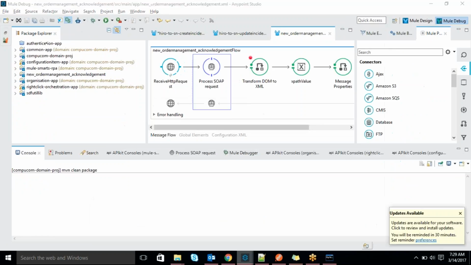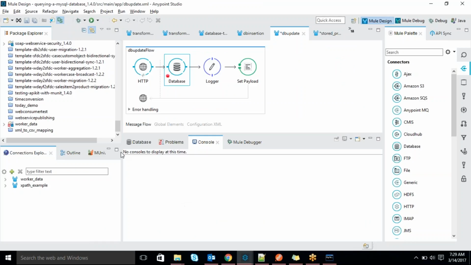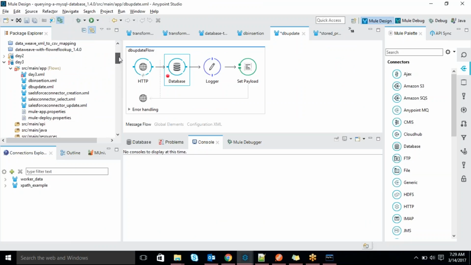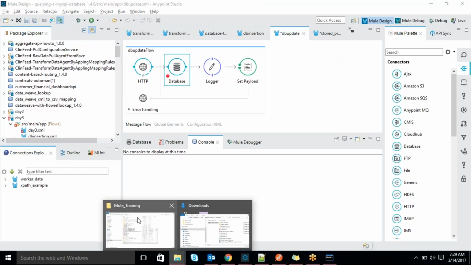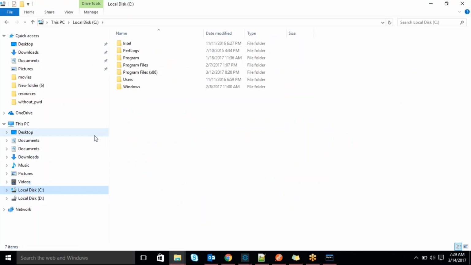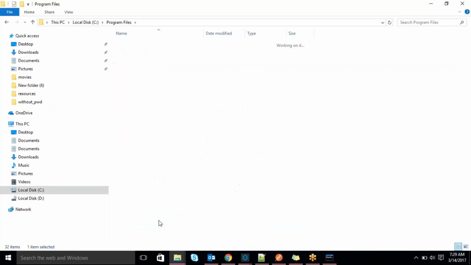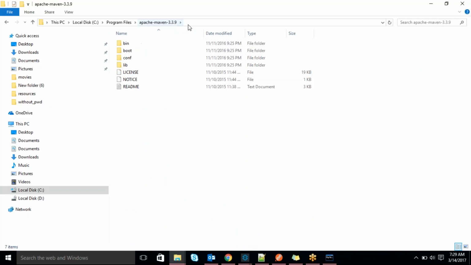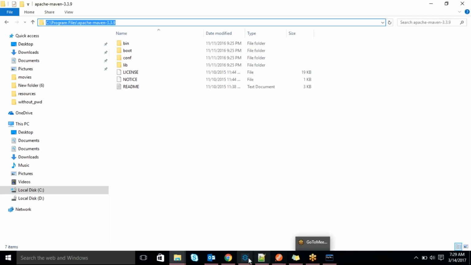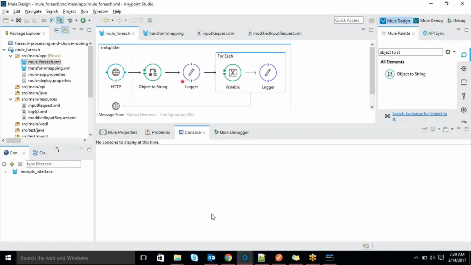I'm trying to run Maven, but I could not run it. I don't know why different types of error exceptions come when I try in a different project. Did you install Maven? Did you configure Maven? I have downloaded Maven and given a path, but I'm not able to synchronize it. Okay, so the first step is we have to give the path of Maven. Whatever you told is correct. I'm using Apache Maven 3.3.9. This path we have to mention wherever you want to use it.